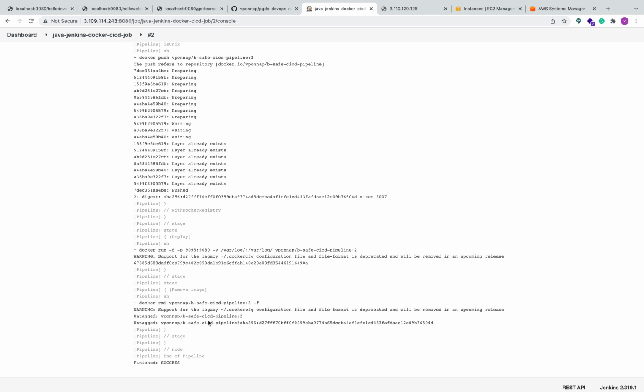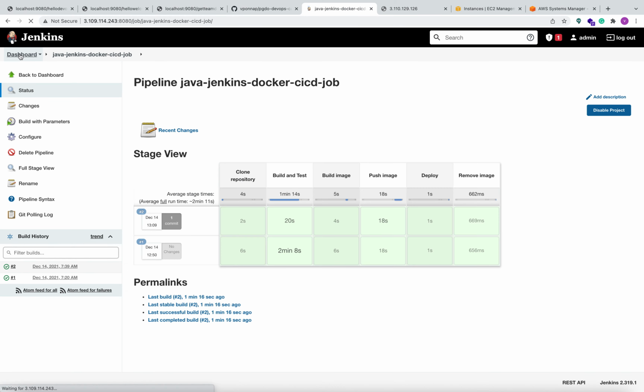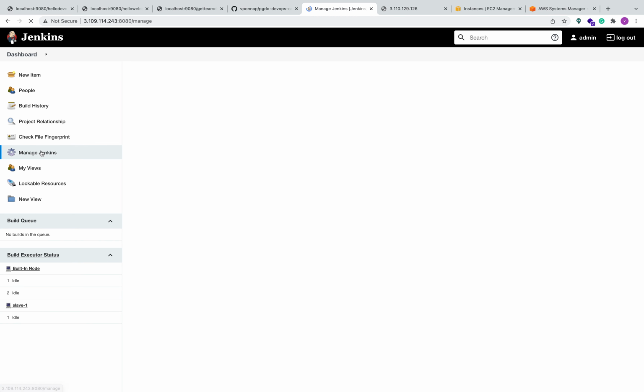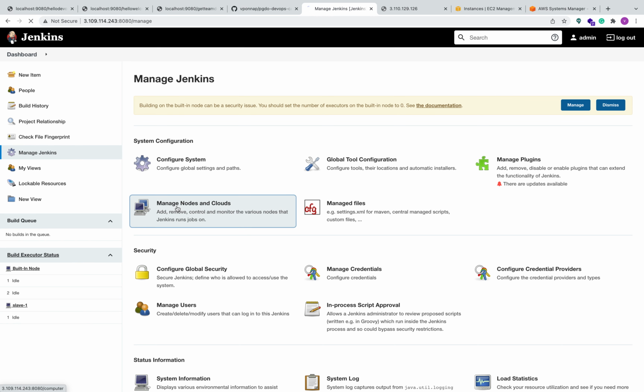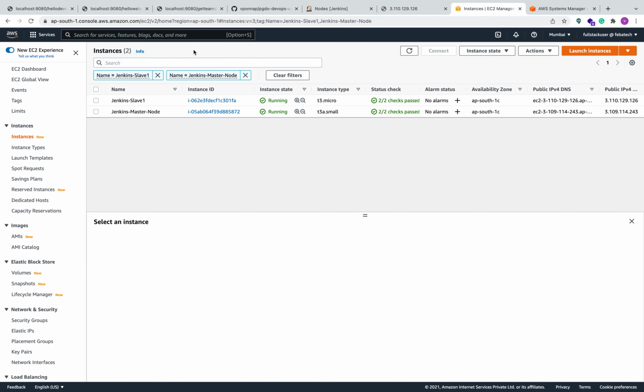So we have this Jenkins. The job is successful, and come here, we have managed Jenkins. So this particular architecture, as per this project, is a master and slave architecture we have built using AWS. So this is the AWS, where these are two instances, Ubuntu instances, that we used to build this master and slave architecture. Now your container is running in this slave machine. Let's use that IP. This is the IP address of this machine.